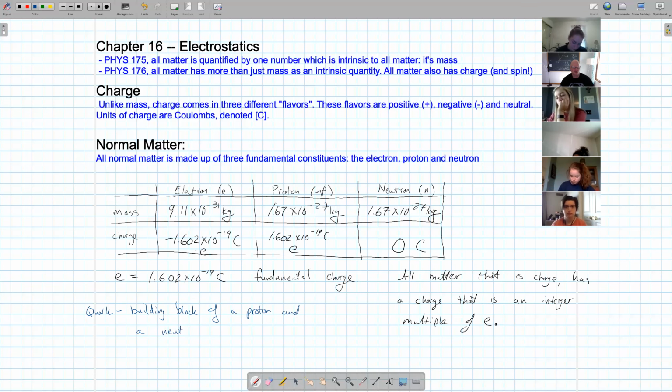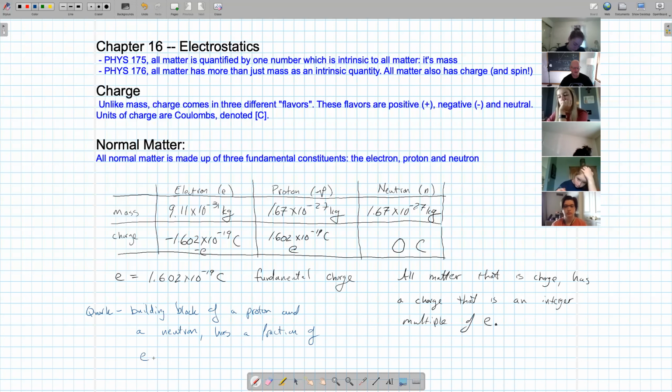And actually for all what's known as baryonic matter, but that's okay. So basically a quark is the basic building block of these fundamental particles. For example, a proton is made up of 2 up quarks and 1 down quark. But it turns out that a quark actually has a fraction of this fundamental charge. So in reality, a quark, which is the building block of these guys, has a fractional charge